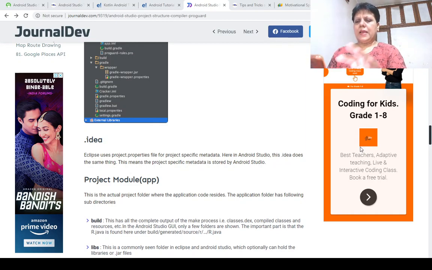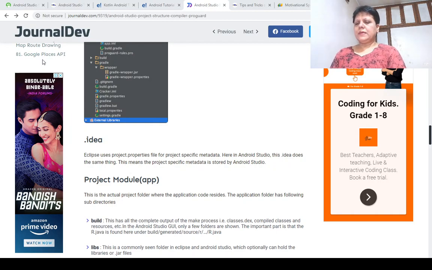The project module app will contain this. After opening a project, it will display manifest, Java, resource and Gradle scripts. Gradle scripts contain build, libs, Gradle.